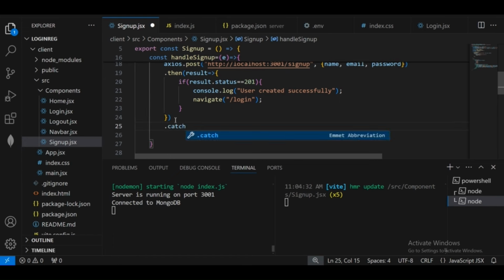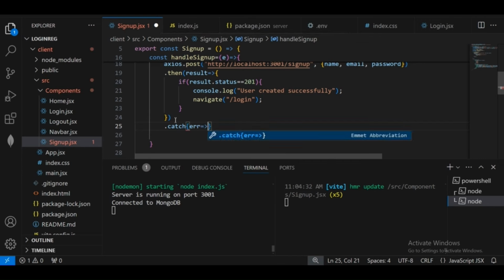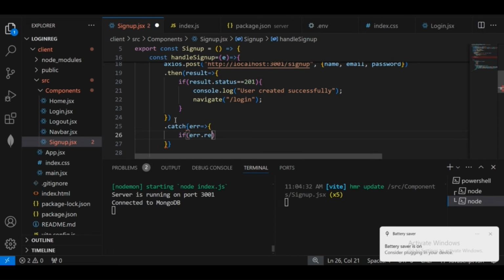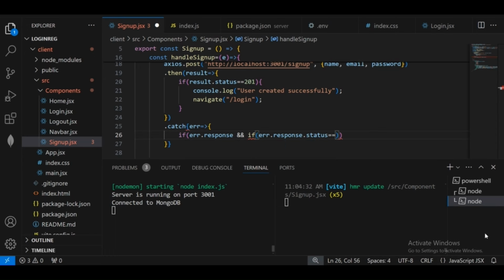So we will catch that error in the catch part, and we will check the error response status code with error.response. If the error has a response and if the status code of the response is 400, then